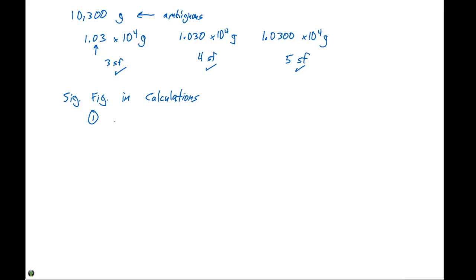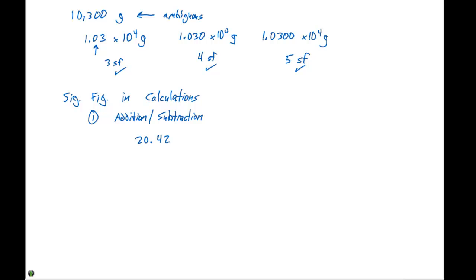The first is addition and subtraction. And for addition and subtraction, the resulting number will have the same number of decimal places as the measurement with the fewest decimal places. So if, for example, we were taking the number